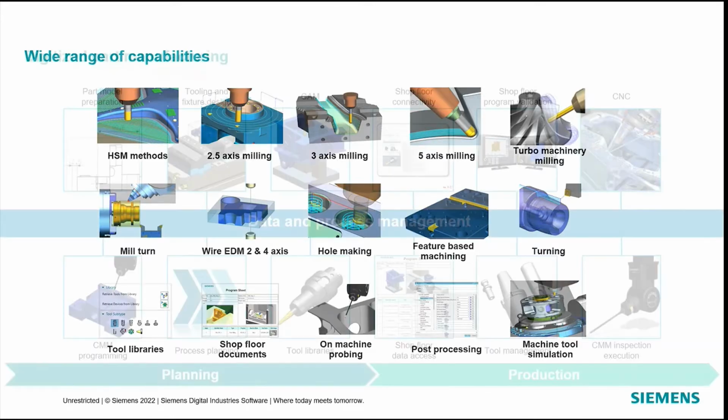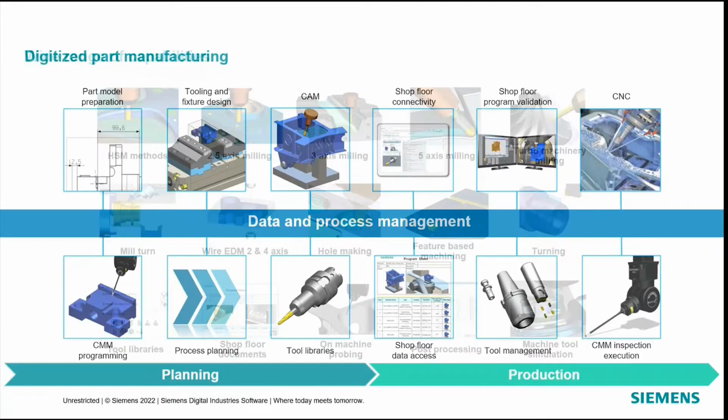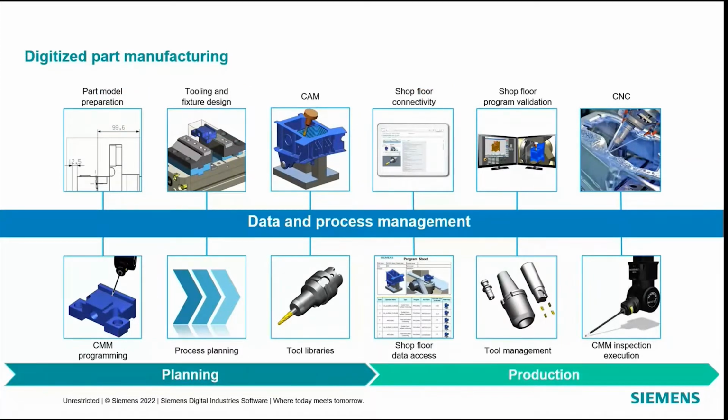So with that, the question is, how does that all work from a higher level? Then we're going to jump into some feature base here. Let's just say we really look at this as digitalization of part manufacturing, where we have applications for the model preparation of the part, because sometimes you get the part, but the way that you get the finished part necessarily isn't the way that you're going to approach it and machine it. So you have to know where the stock is. If it's a multi-setup part, you have to turn it around, you have to move it through different fixturing like that.